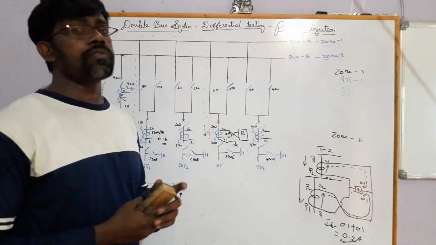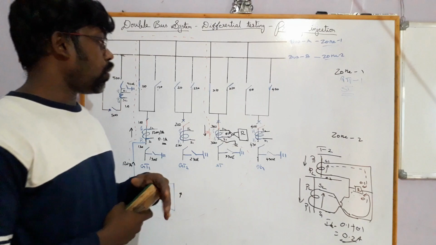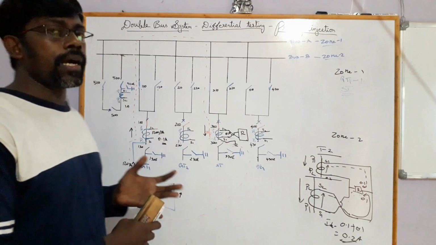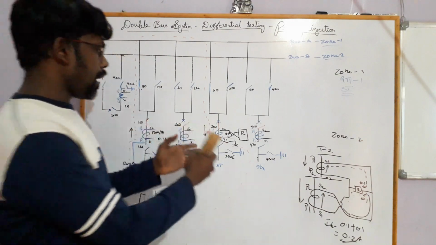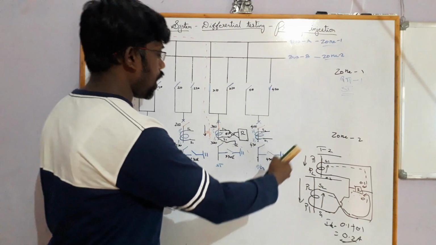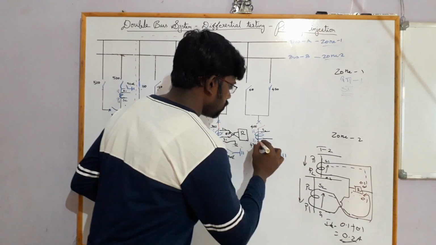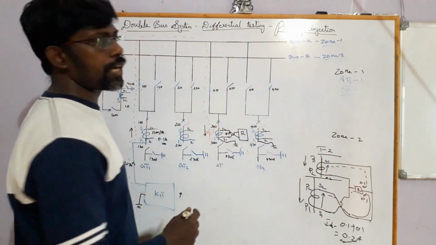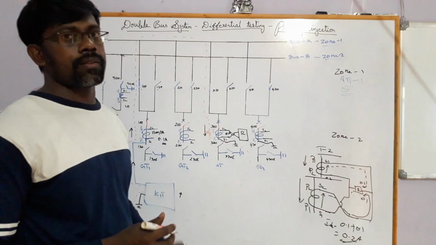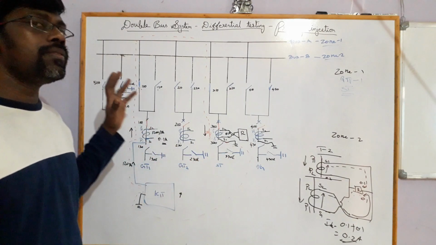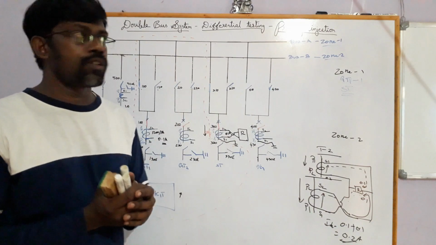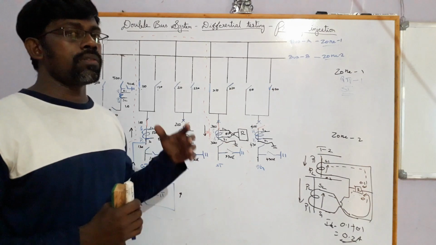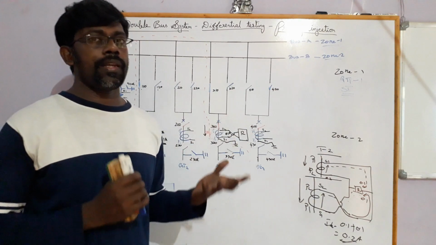In primary testing, it is very difficult to check the slope. Only in secondary injection can we test the slope. From primary we can check only the pickup and differential tap. In a similar manner we can test the other feeders also. Just connect P1 to earth, close this breaker and isolator, and we can go for checking the other feeder. I consider this the easiest method to test primary injection. If you have a method easier than this, you can share it with me in the comment box.